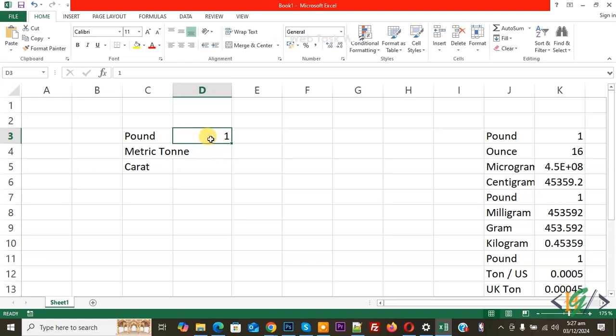Bismillahirrahmanirrahim. Assalamu alaikum. My name is Hassan and today we are going to convert pound weight into metric ton and